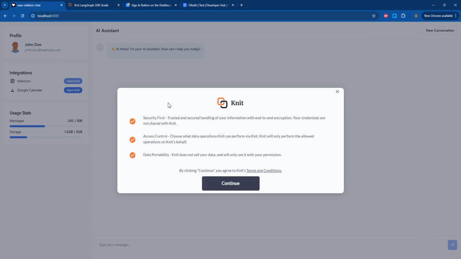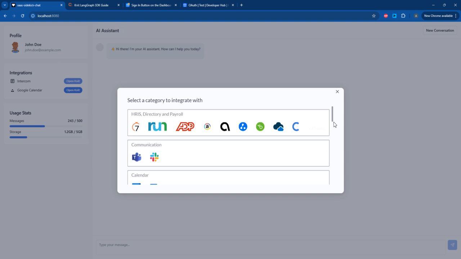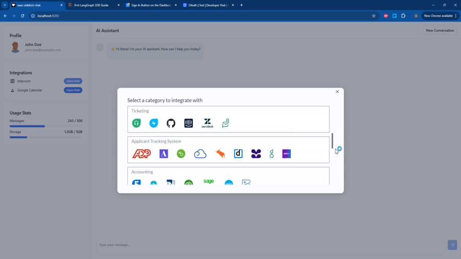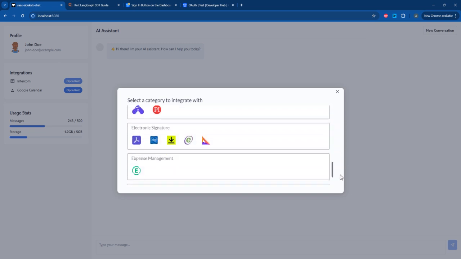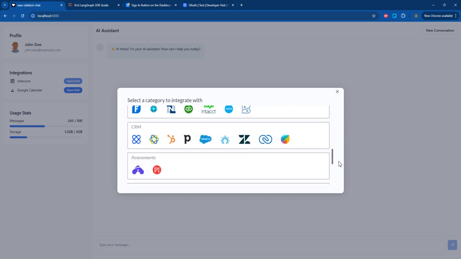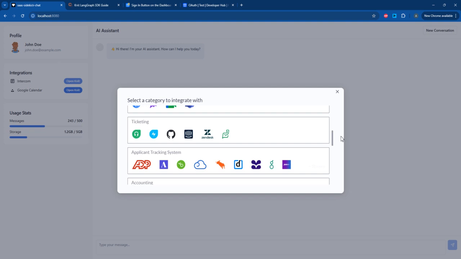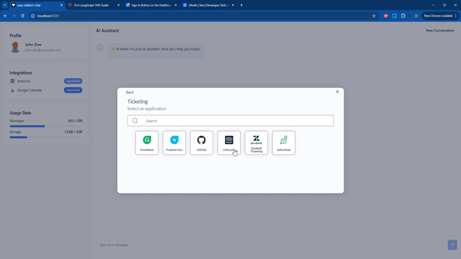Once I click on this, it'll open up the Nets UI component in which my user will be able to see all of the apps and the catalog that Nets has to offer across various categories. For example, HRIS, communication, calendar, meeting, ticketing, CRM, etc. In this example, we'll be integrating with a ticketing app. So let's start. I'll start by selecting the ticketing category and selecting the app that I want to integrate with,